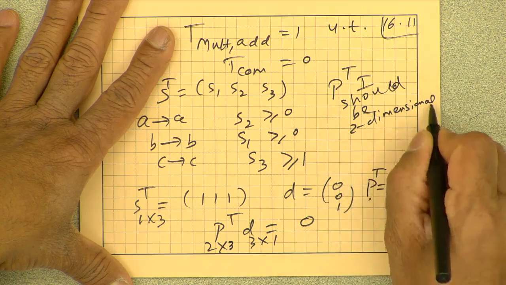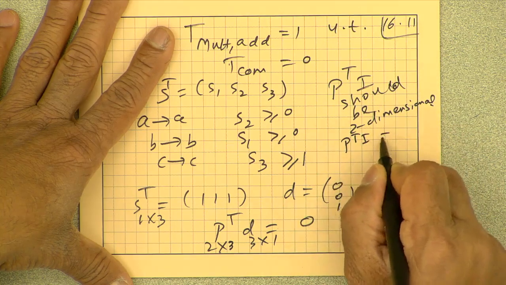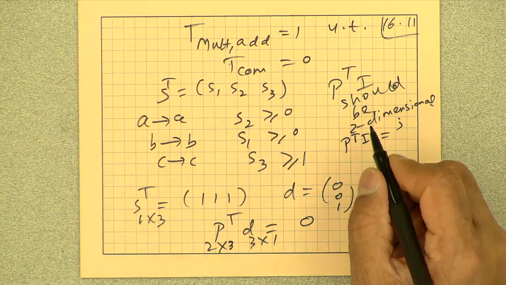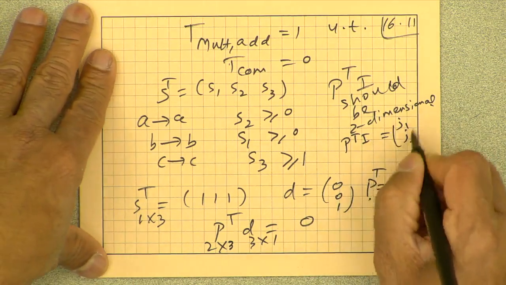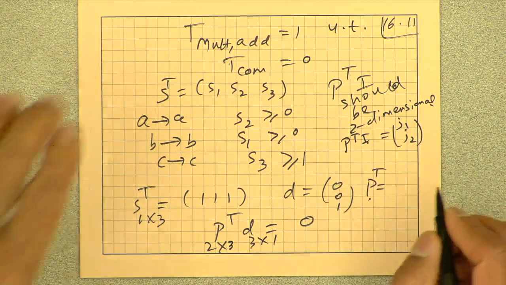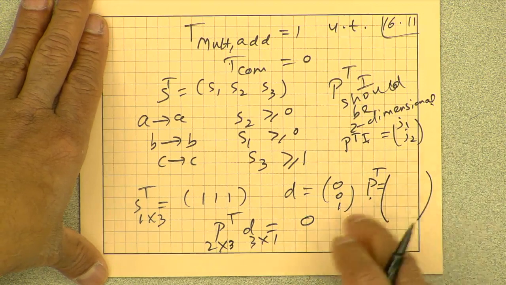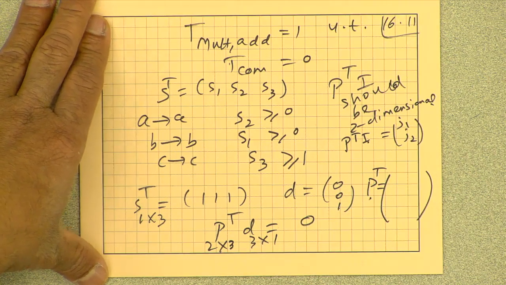Okay. So, P transpose I, for example, I am not sure if I give any notations here, but it does not matter, should be some J1, J2, for example. So, this is 3 by 1, this should be 2 by 3. So, this matrix here is going to be 2 by 3. So, there have to be 2 linearly independent rows, not dependent, 2 linearly independent rows.